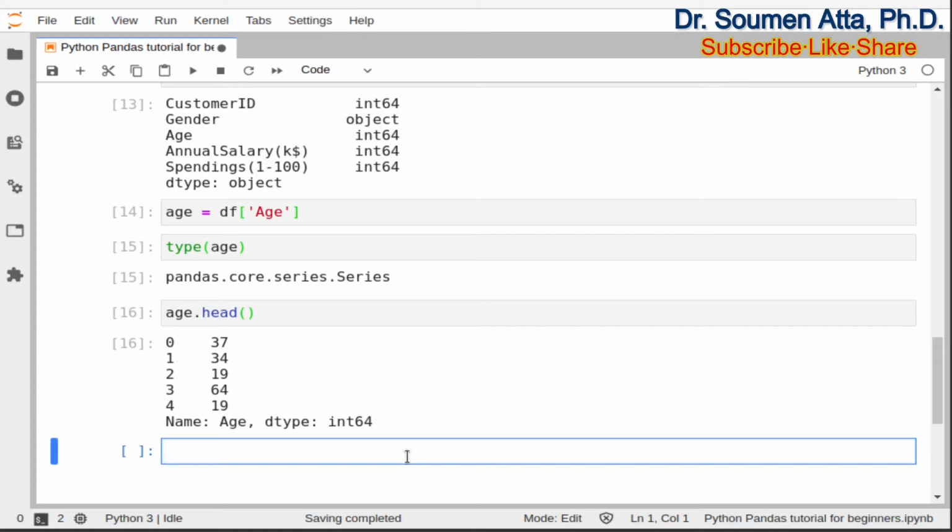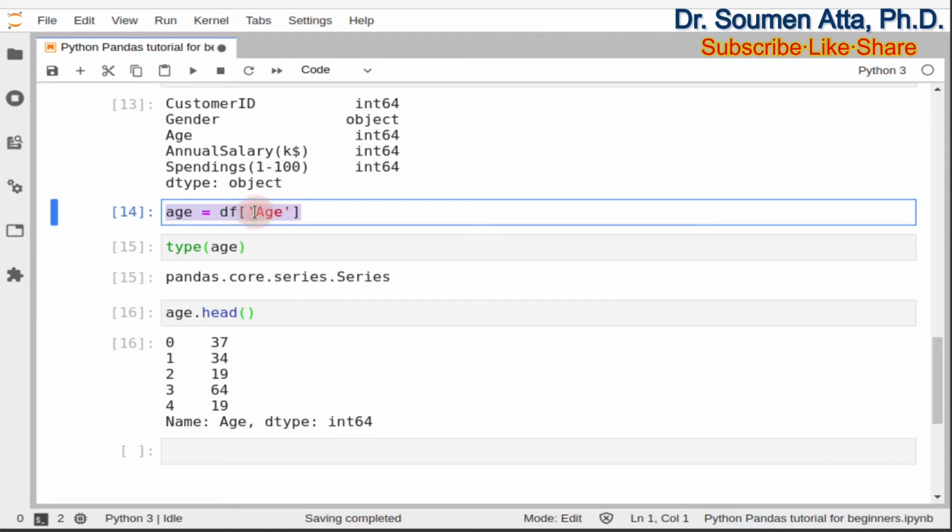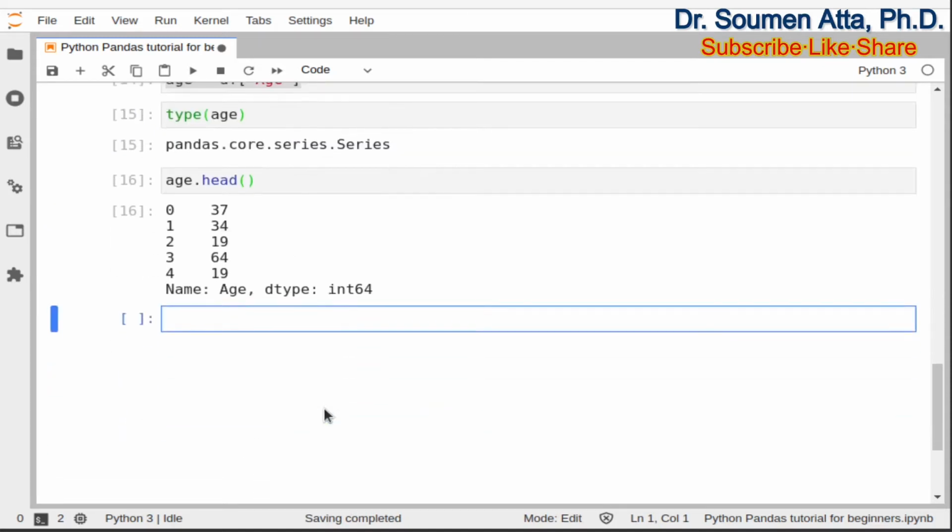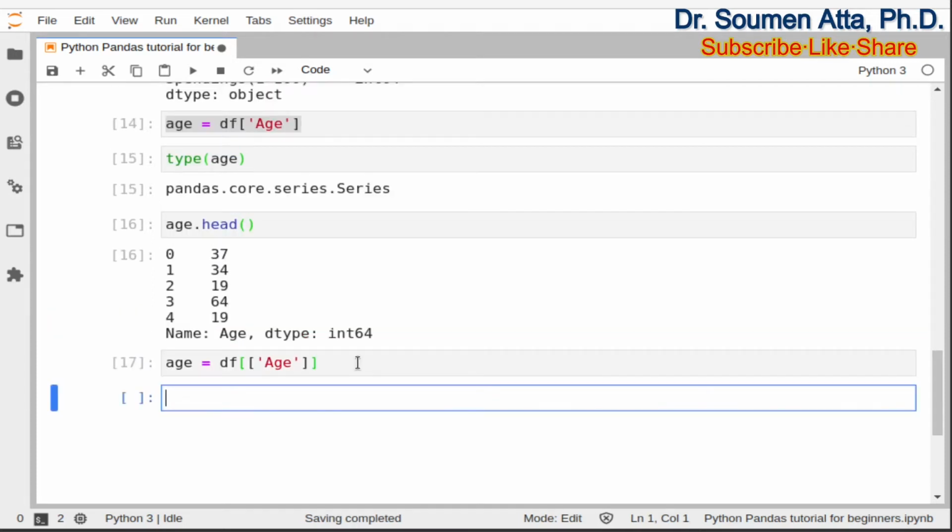Now instead of a pandas series, if we want to get a pandas data frame, then we need to pass a list like this. So here in this case we are getting a pandas series, but if we want to get a pandas data frame, for that we need to pass the column name within a list. So here you can see I have used extra square brackets. You can check this using the type function.